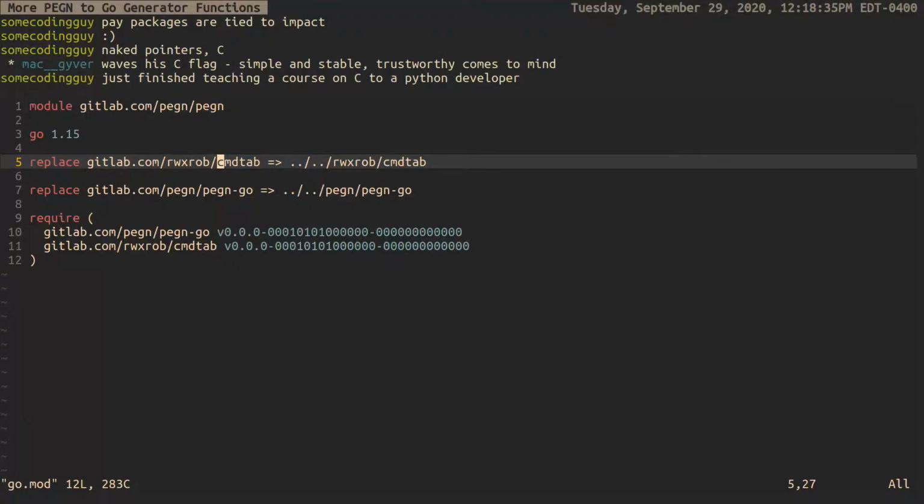Simple and stable, trustworthy comes to mind. Well, you know, I don't know. We're going to find out. There's a lot of things you can't do in C that you can do in Go. So,